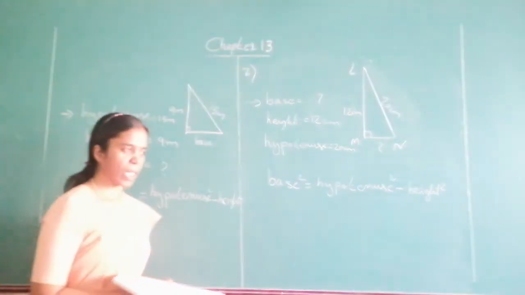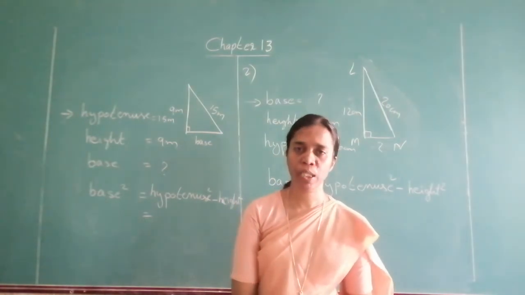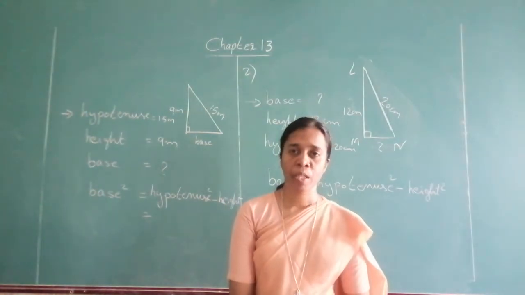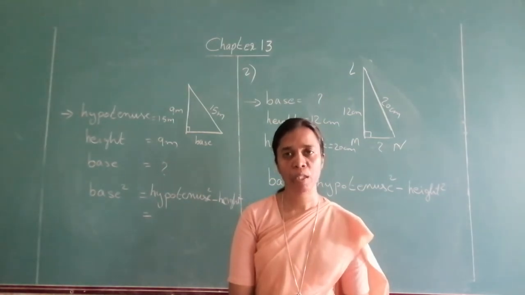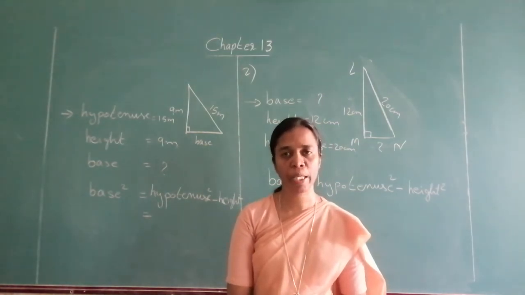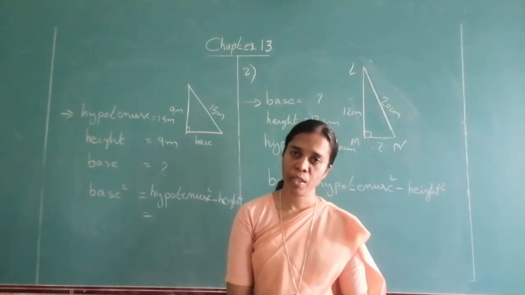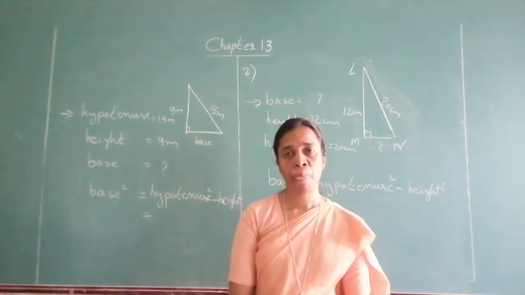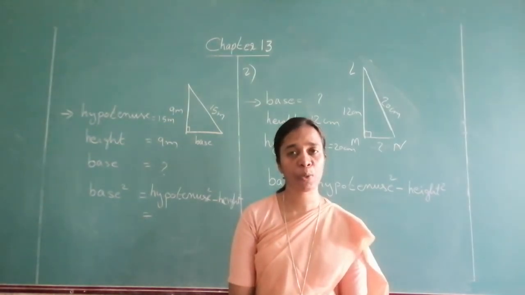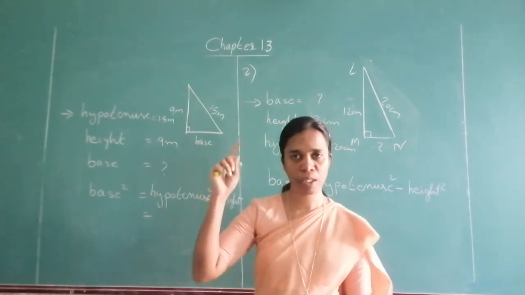Okay. So this exercise was very simple. This formula was given by Pythagoras, therefore it is known as Pythagorean theorem. What does the theorem state? It says that hypotenuse square is equal to base square plus height square. That is, hypotenuse square is the sum of the squares of base and height. Either first you have to find out which is the hypotenuse, that is the opposite of 90 degree. Once you find out that, you know which is the base and which is the height.